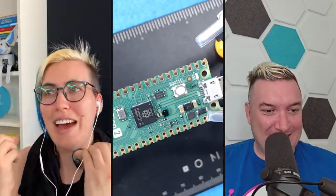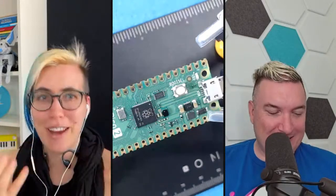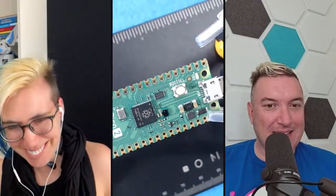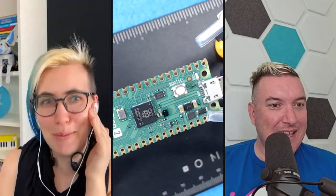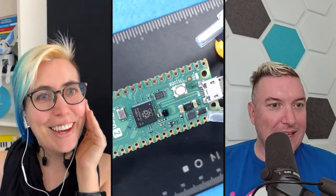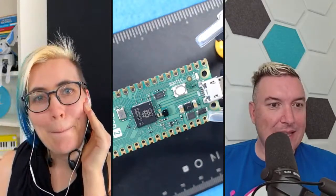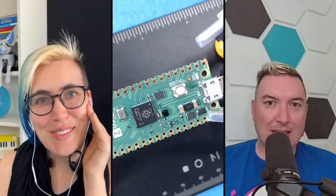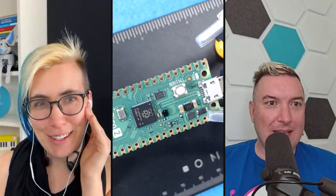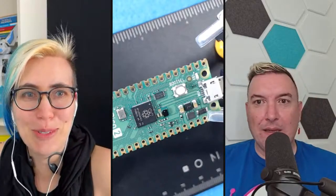David! I don't... What? Next time we should have a sacrificial lamb from the Adafruit team, and by sacrificial lamb I mean a friend, a cool, nice, smart person from the Adafruit team to help us with this, because I think that would be a cool upgrade. If we get stuck on something ridiculous like this, we could pull the eject lever and be like, hey, can you help us here,